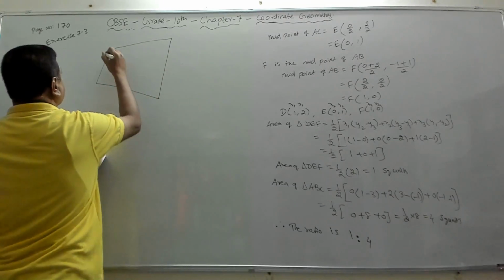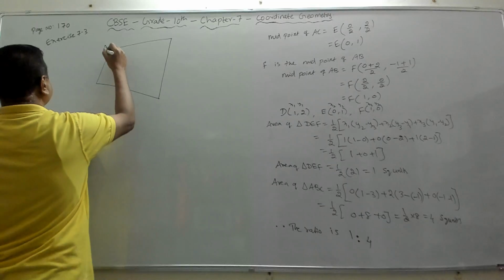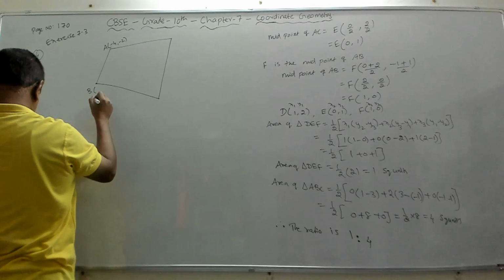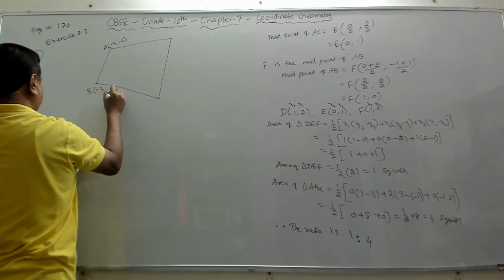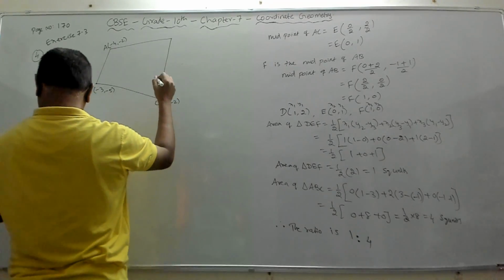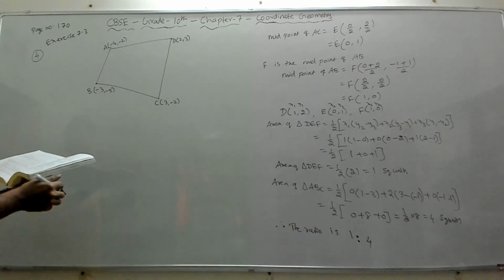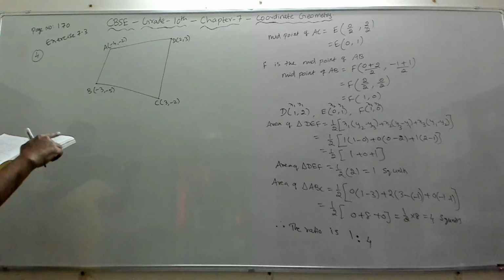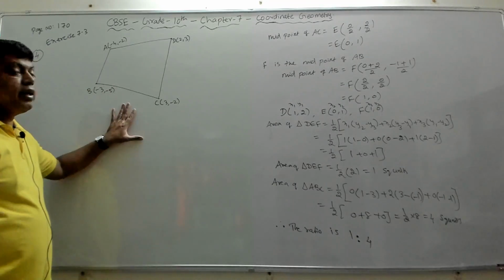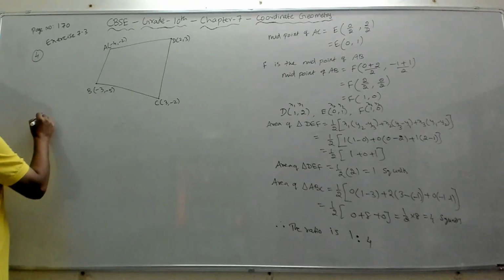You have to find the area of this quadrilateral where point A is given as minus 4 comma minus 2, and let's take B as minus 3 comma minus 5, then C is 3 comma minus 2, and D is 2 comma 3. Right? So these are the four vertices given: minus 4 comma minus 2, minus 3 comma minus 5, 3 comma minus 2, 2 comma 3 are the vertices of the quadrilateral. We only need to find the area of this quadrilateral.